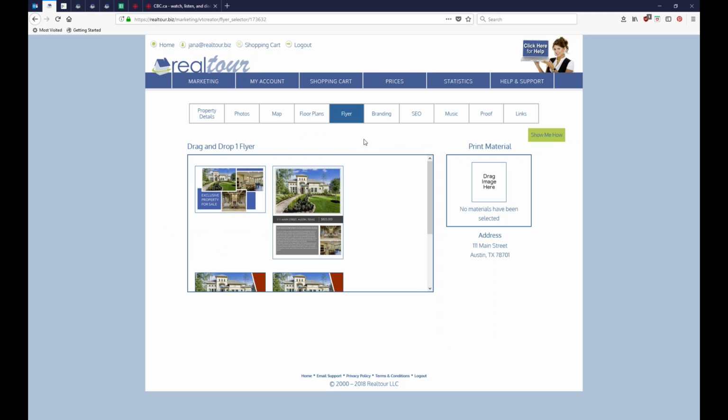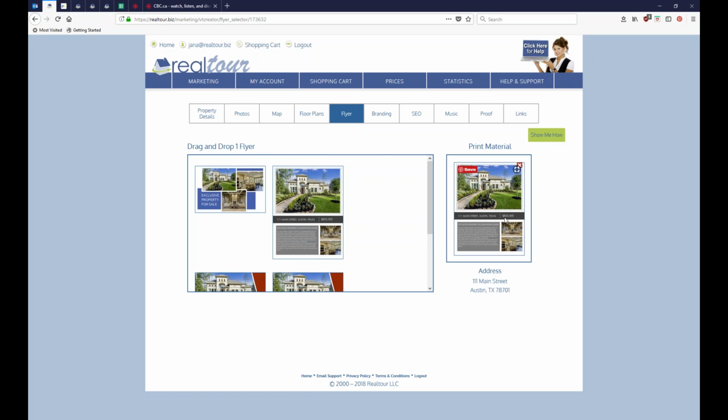Now, because this is a test listing and not a new listing, I've already got flyers made for it. So if I scroll down, these are the existing flyers that I have. There's a postcard and there's 3 flyers. I've already made these for this listing. So I can click on the one I want and drag and drop it over. And now this particular flyer is associated with this tour, and someone watching it will be able to download a